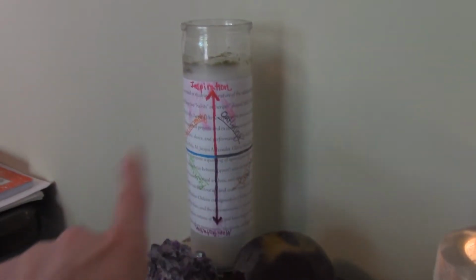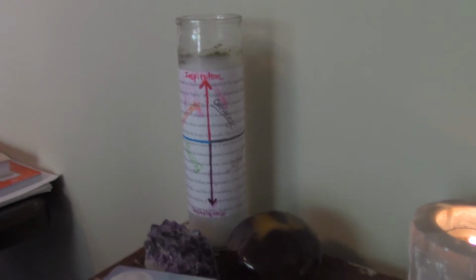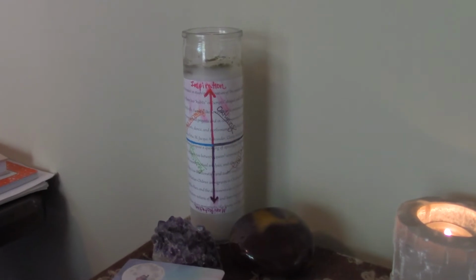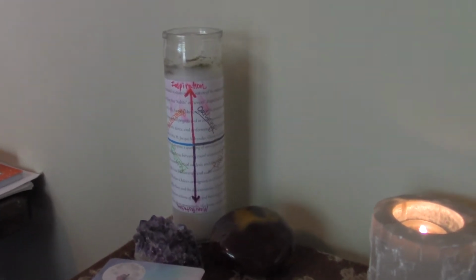So this is just a piece of paper that I printed my research statement on. I trimmed it down to fit the candle. I glued it on there with some Mod Podge, or whatever that stuff is called. Hodgepodge, Mod Podge, Mod Pod. I can't remember, but you know what I'm talking about, glue. And then I kind of came up with this kind of graph image thing that represented to me how the 4 classical elements, earth, air, fire, and water, relate to